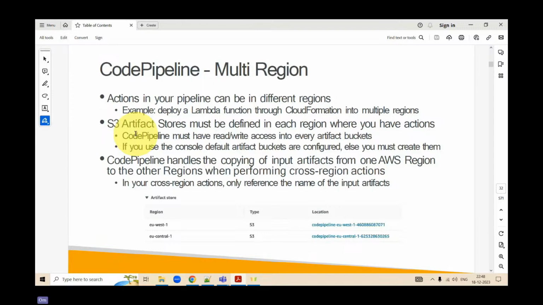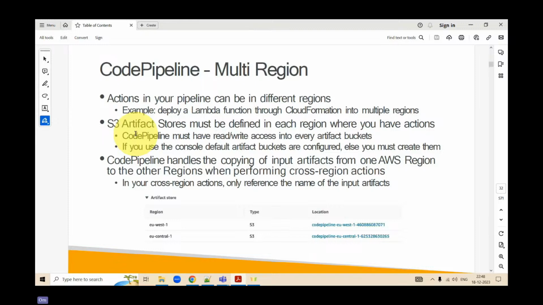Although S3 or the contents of S3 can be accessed globally, S3 has to be physically present somewhere in the globe. That is why we always say that whenever you are using an S3 bucket, it is recommended that your code be in the same region where your S3 bucket resides.